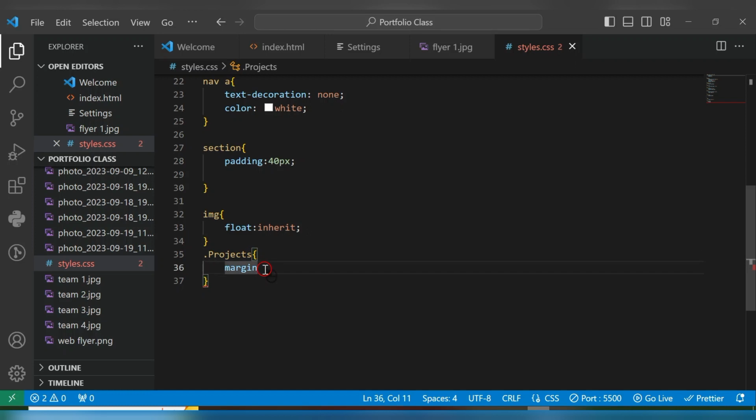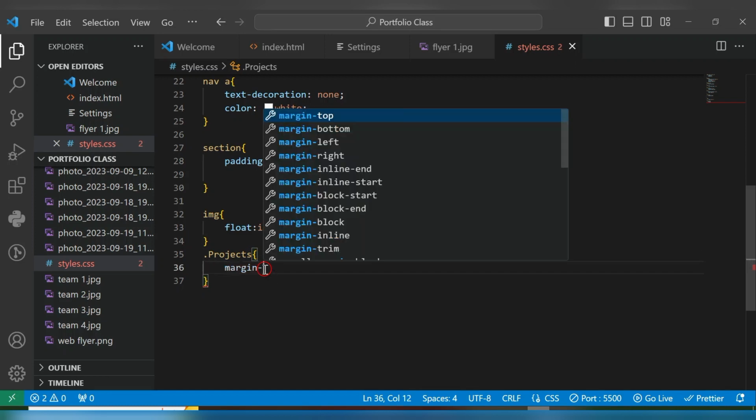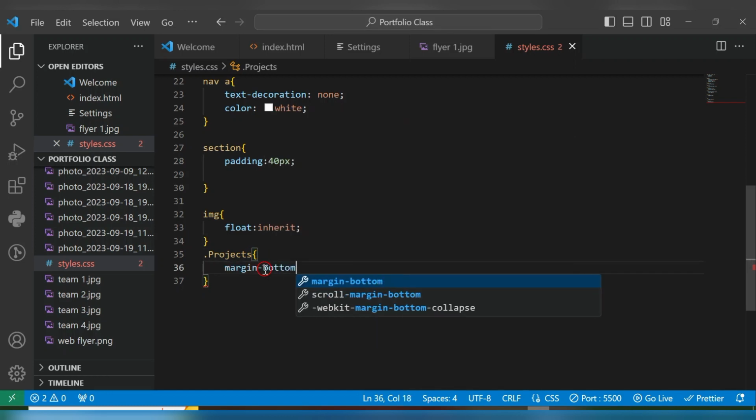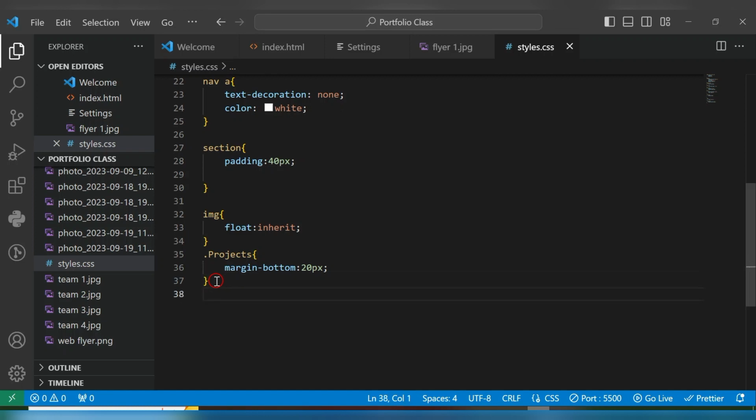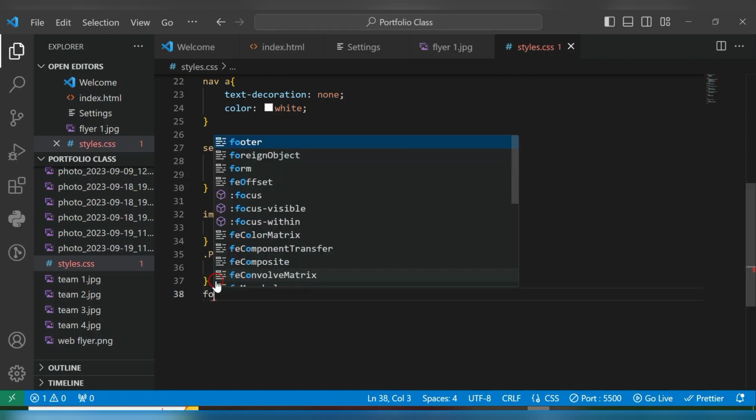So our margin-bottom should be 20px. Then the next one, we are going to style our footer. Now remember, the footer is copyright by your name, Toby Shukura. So we are going to style it as well. Then put your footer,